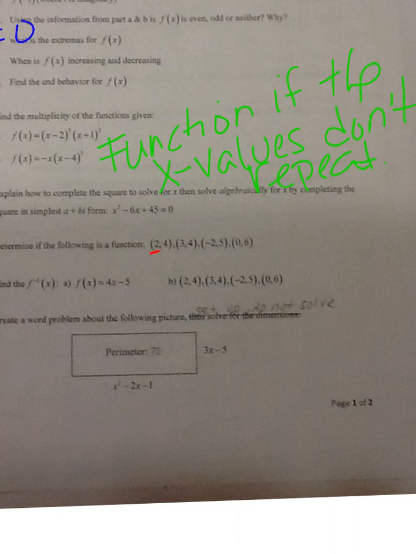If the x value doesn't repeat, then it's a function. So I have 2, 3, negative 2, 0. All my x values appear one time, so this is a function. And you would put that because the x values don't repeat. Okay, so let's look at